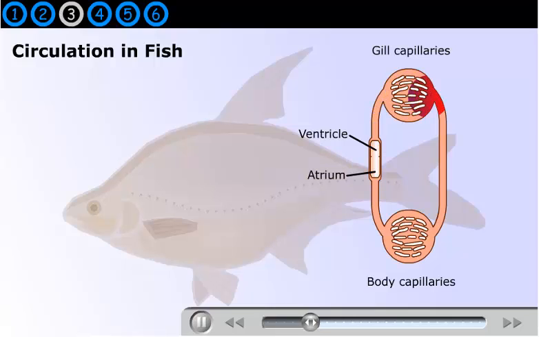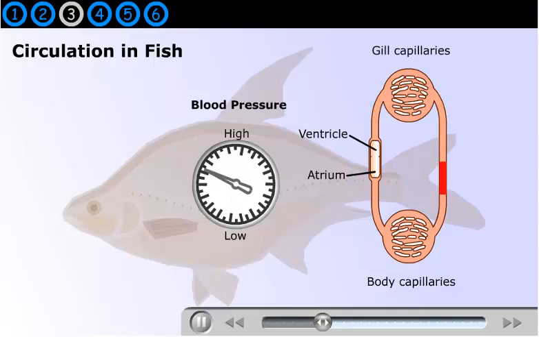The heart pumps blood out to the gills, where oxygen diffuses into the blood. Blood then passes from the gills to the body tissues. From there, it is collected and returned to the heart. The problem with this system is that the blood pressure drops as it passes through the gill capillaries, and it drops yet again as it passes through capillaries in the body tissues. Fish partly get over this problem by using their body's motion through the water to help the passage of blood